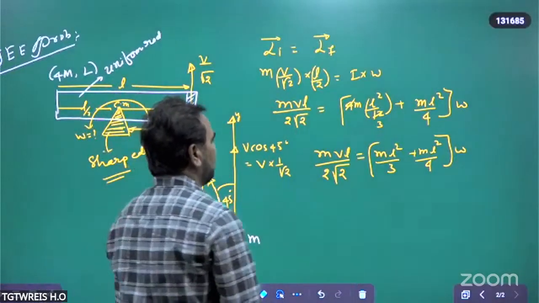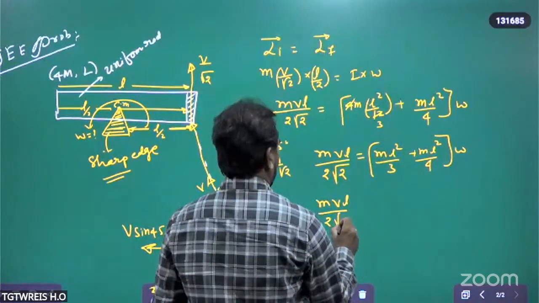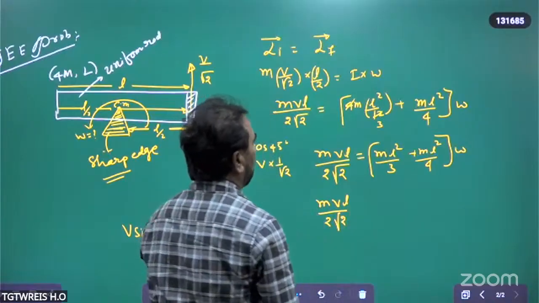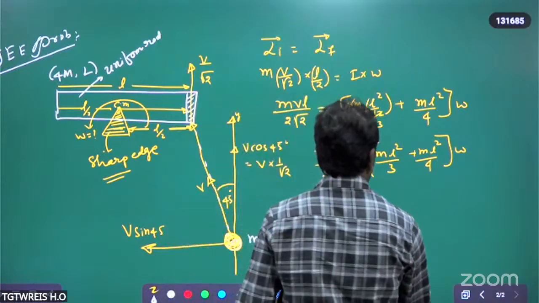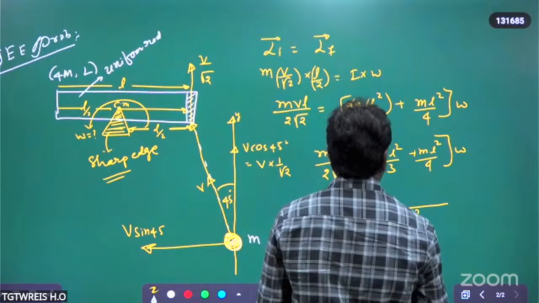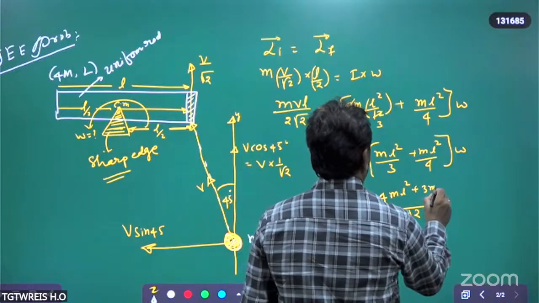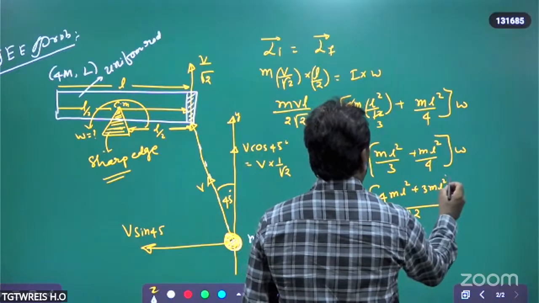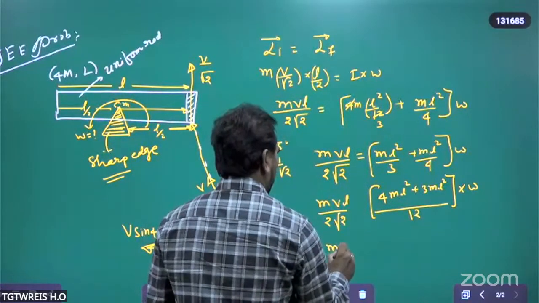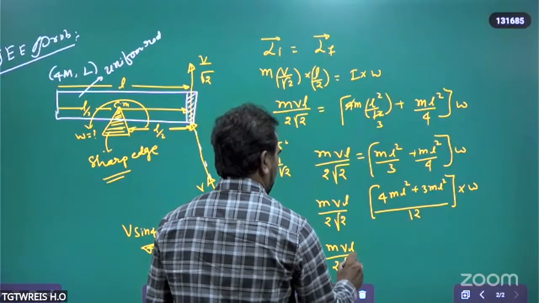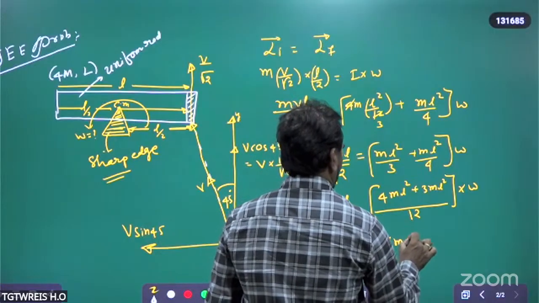How do we calculate it? mvL upon 4 (the other term), and the LCM of 4 and 3 is 12. So the 12 LCM gives 4 ml square plus 3 ml square, into omega. That is equal to mvL upon 2 root 2 is equal to 7 ml square